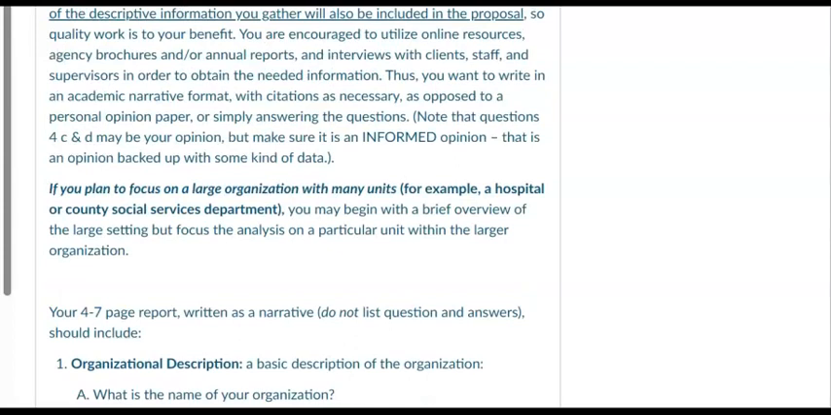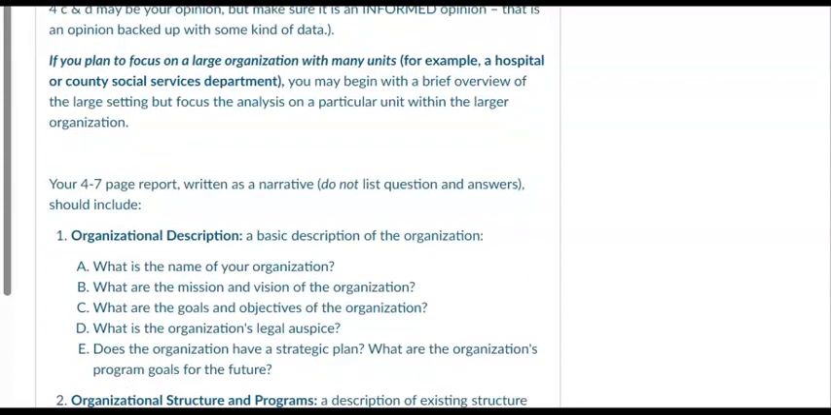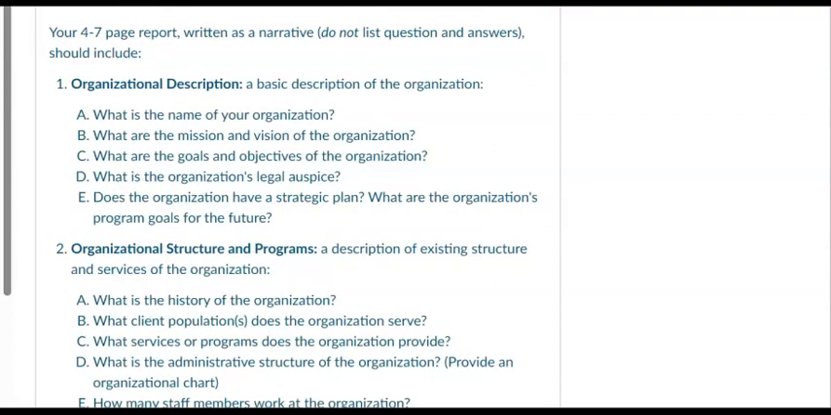If you plan to focus on a large organization with many units, for example, you might want to begin with a brief overview of the large setting, but focus the analysis on a particular unit within the larger organization. So this is a 4 to 7 page paper report, and you can use headings as necessary, but you're answering the questions around organizational description, the organizational structure and program,